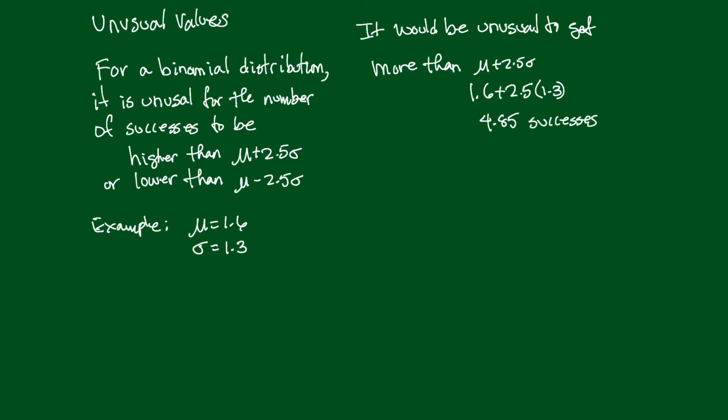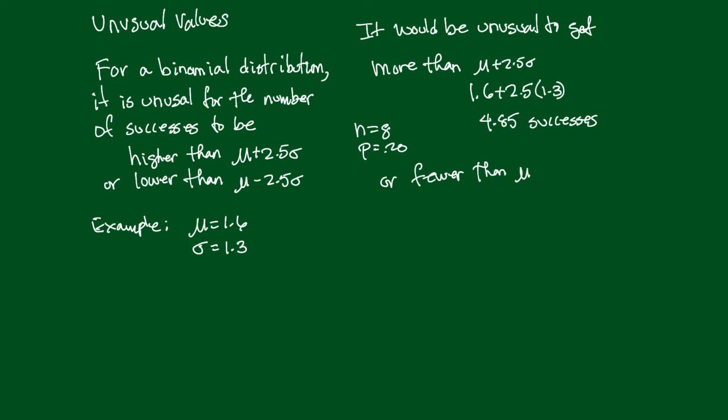So it would be unusual in this kind of experiment, where remember what we had here? We had 8 trials, and the probability of success on a single trial was 0.20. In this case, it would be unusual to get more than 4.85 successes, right? Because the expected value is 1.6. Now, it would also be unusual to get fewer than